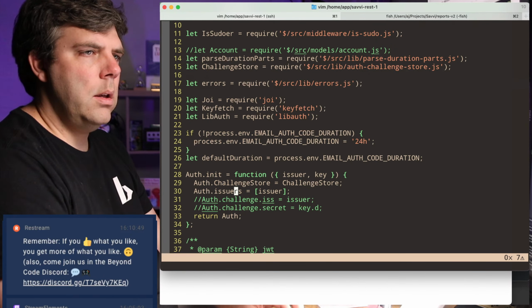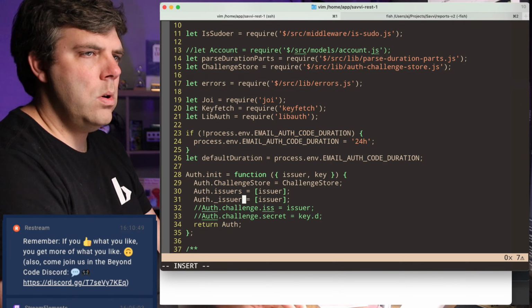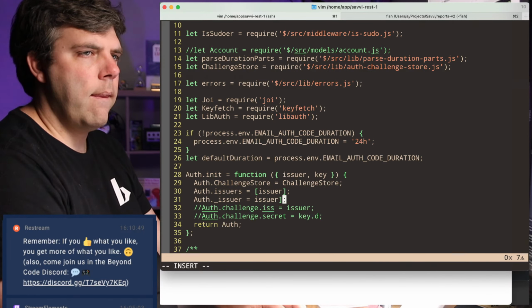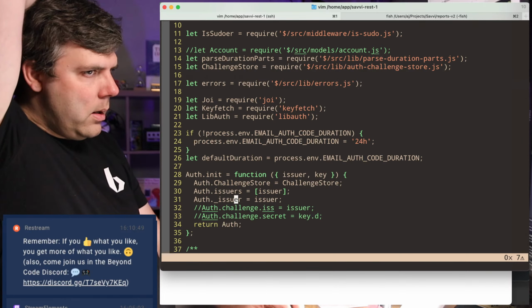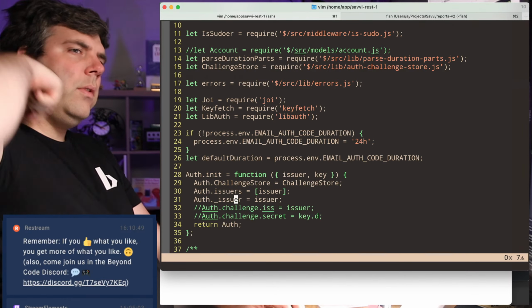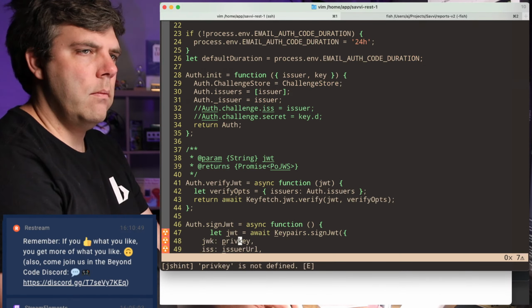Okay, and this is all the same with the issuers. Let's do issuer. Put that in there. And then, do we get the private key in here? Key.